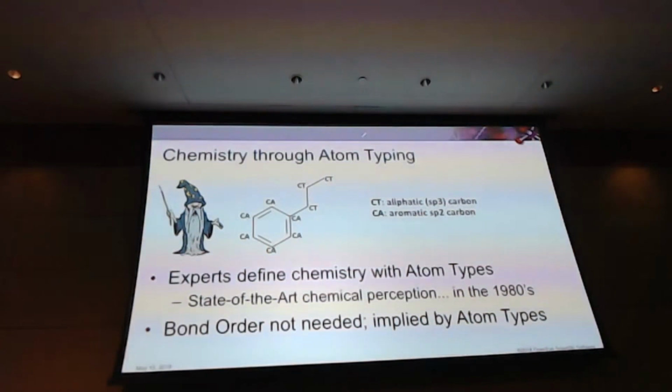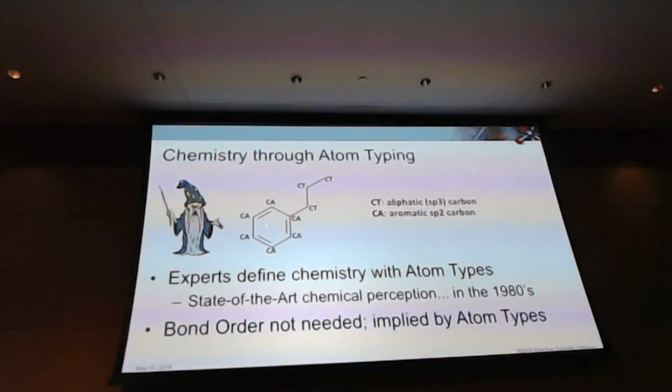And you got a Ct for a tetrahedral carbon, or an sp3 carbon, around these carbons. And from the old days, this is how you did chemical perception. So atom types date from the inception of force fields back in the mid-20th century, and somehow they've endured to the modern day. This is how we do chemical perception, even in the modern day, with our force fields, and that's a little strange. It was state-of-the-art in the 1980s, but I think we need to do better.